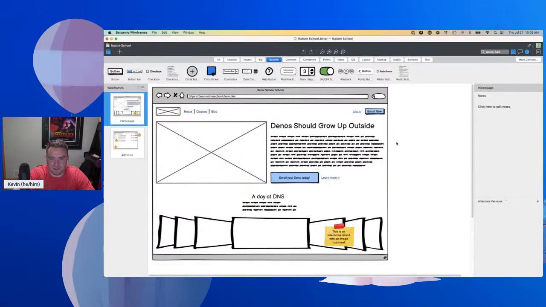I know if I was cool, I'd probably use Figma, but I really like to use Balsamiq because it's easy to throw together low fidelity mockups like this one. And this is ultimately what we want to get to: some kind of hero image with an H1, some marketing copy, a CTA that encourages somebody to log in right away, and then maybe a link to